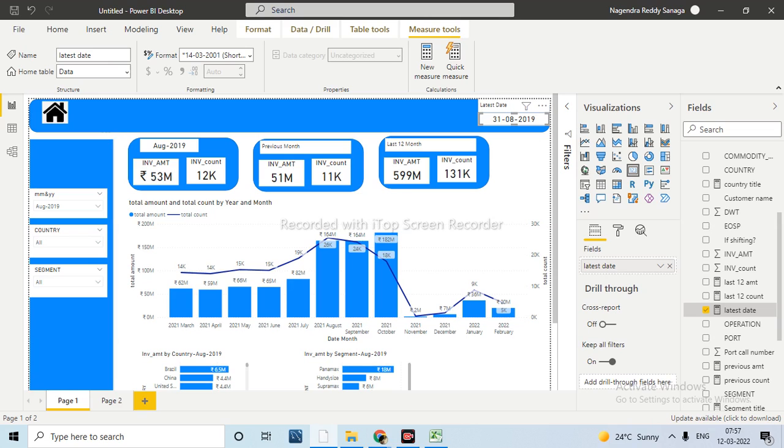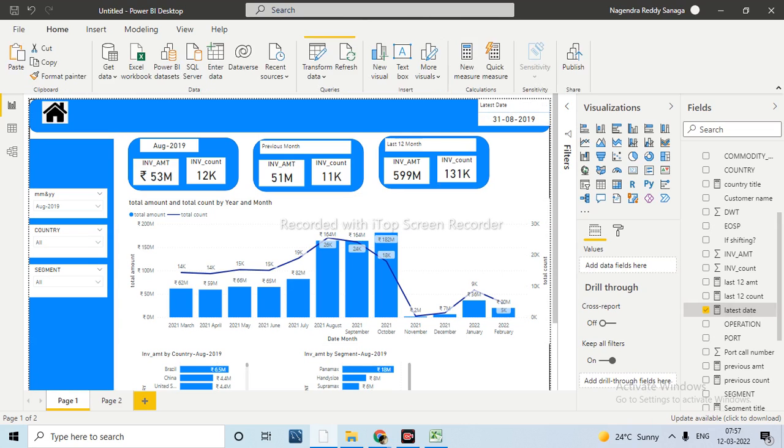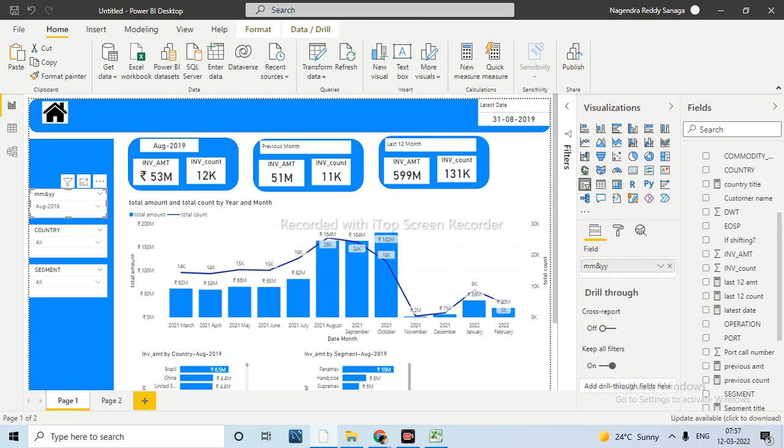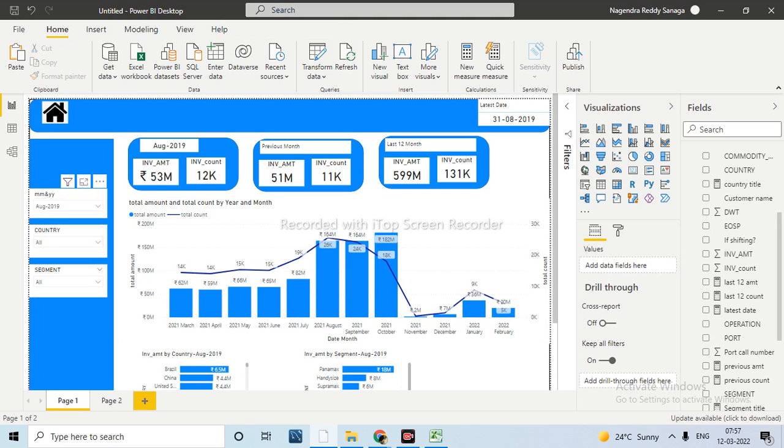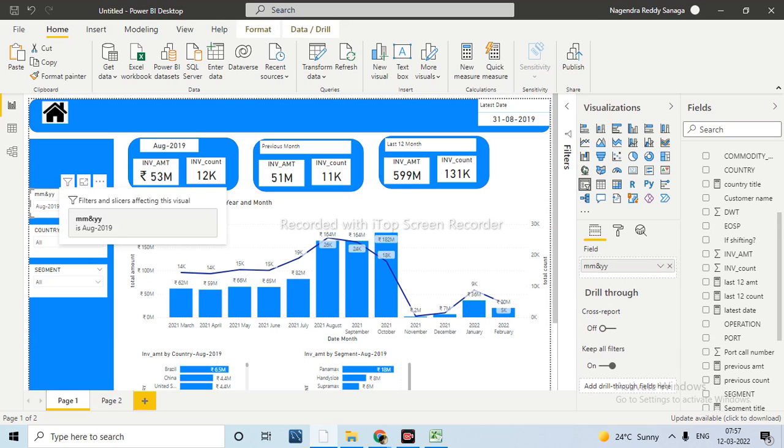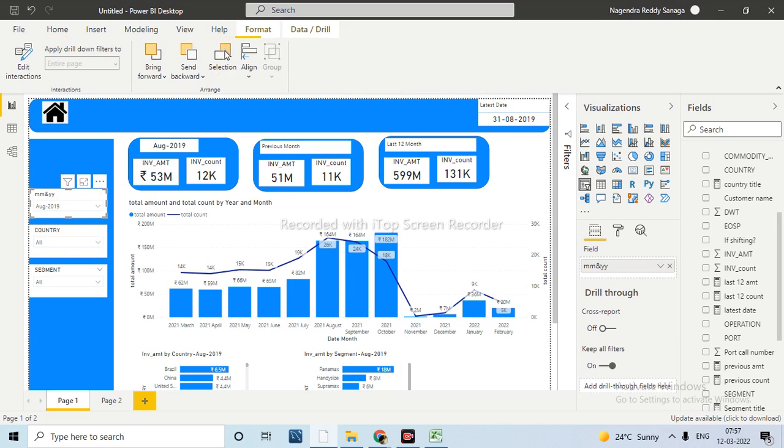Yeah, then what we need to do is first we need to stop the interaction between these slicers. I forgot, we need to stop this interaction. For example, now if I have selected any country, in country also that information will be filtered. Just I am passing format, edit interactions. These three filters should not change this information.